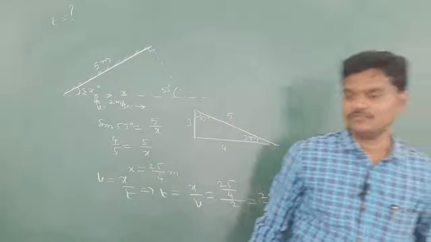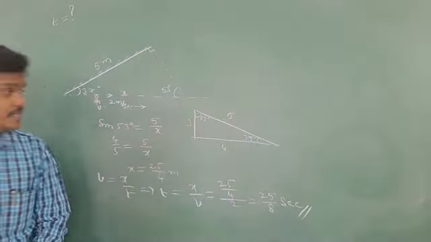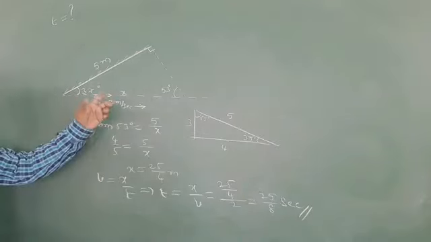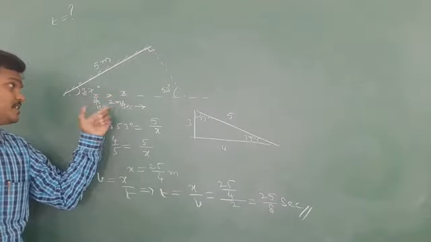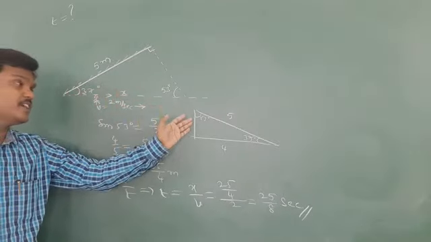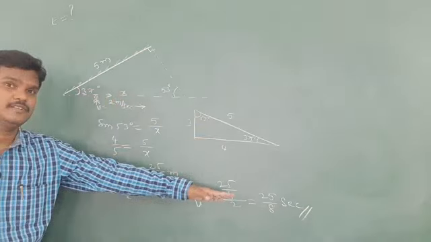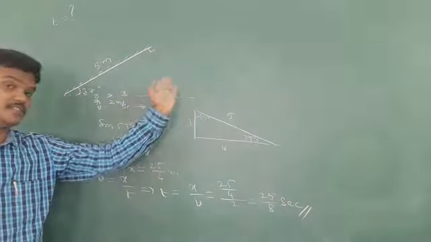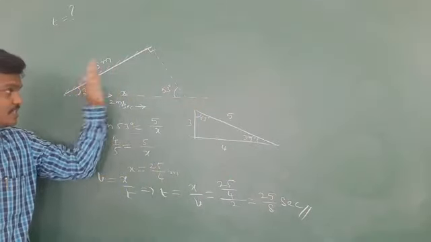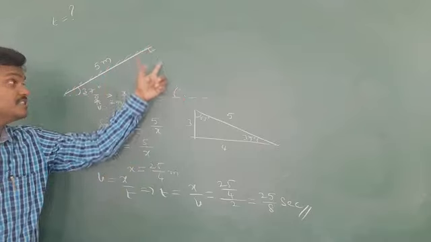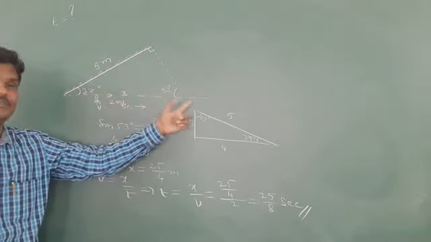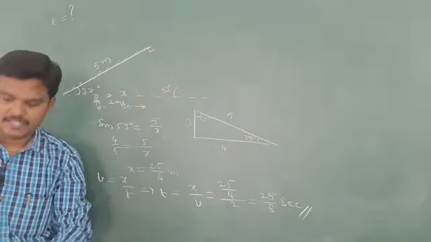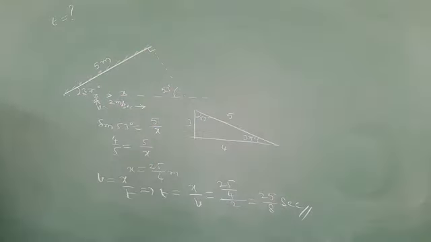Okay, 3 point above. After 25 by 8 seconds he is unable to see the image, because the mirror is inclined at some angle. If he starts with 2 meter per second, up to a certain interval of time he is able to see the image. If the time reaches 25 by 8 and crosses, then he is unable to see his own image. Up to a certain perpendicular distance he is able to see the image. Once he crosses this, he is unable to view his own image inside the mirror. Okay, so take this.